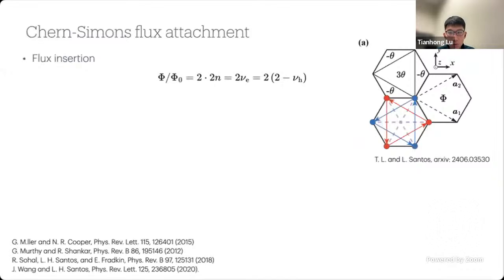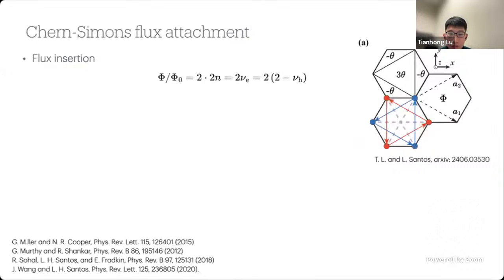So now we're in a lattice system. It's quite different from Landau levels or a free electron gas. Instead, we're going to do something called Chern-Simons flux attachment to each unit cell. So I mentioned before, we're attaching 2 flux quanta to 1 electron. So the relation is,